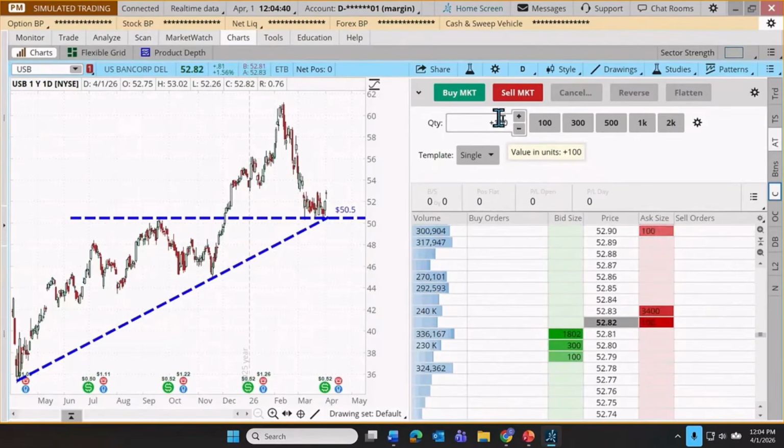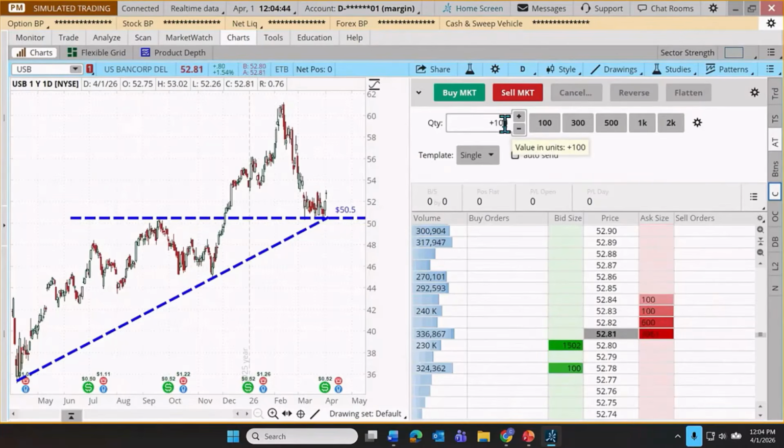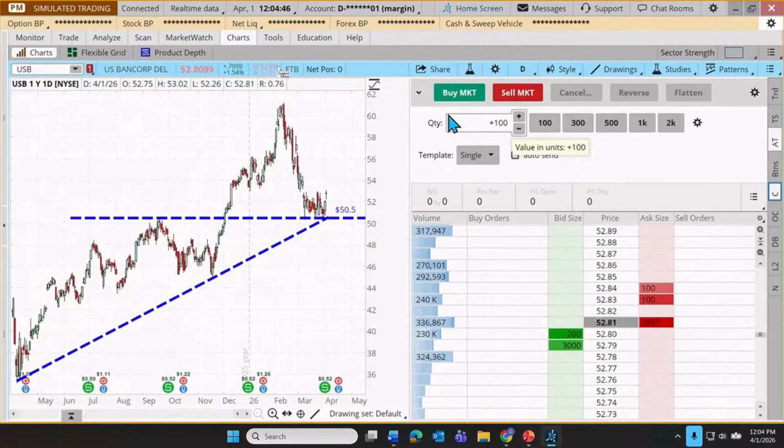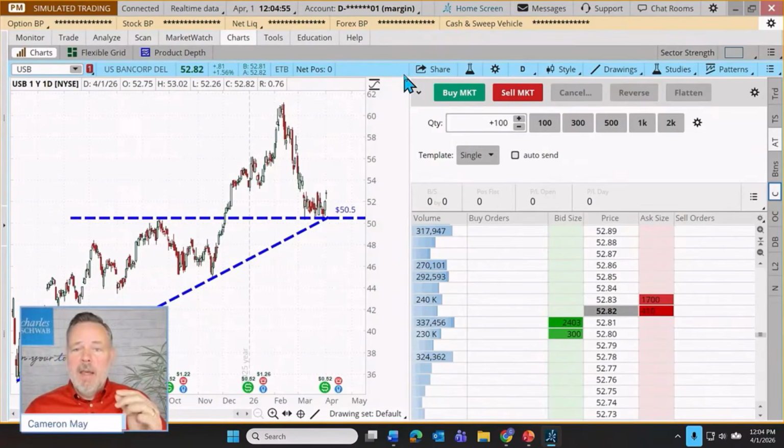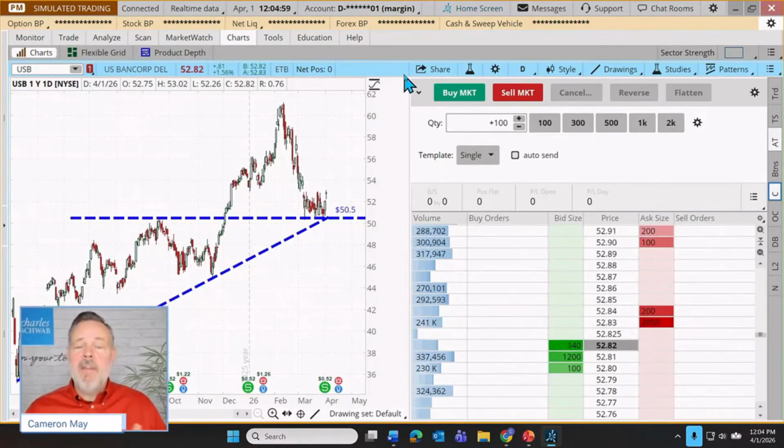And this is going to take its marching orders from the defaults that we've selected for the platform. So whether we're on the trade tab or we're on the Active Trader tab, or we're clicking on some other link that's retrieving a default order for us, it always goes to our general platform setting defaults. Here's what I'm talking about.